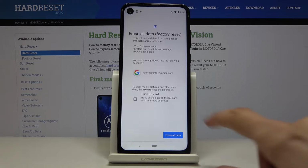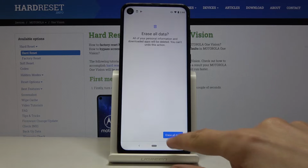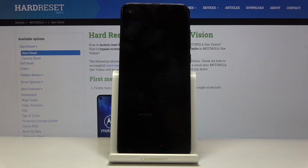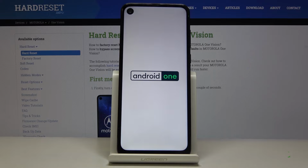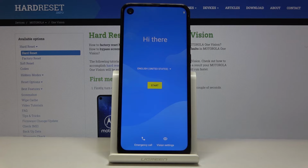Reset. And you can see it provides you with everything that will remove, so your Google account, system app data and settings, and downloaded apps. So it removes everything apart from all the apps that came preloaded on the device. And once you're ready, you can tap on Erase All Data, and simply wait for the process to finish. And as you can see, now the process is finished, and you can set up your device as however you